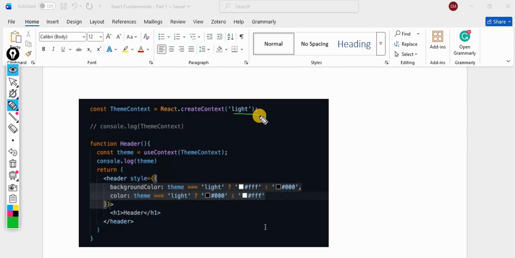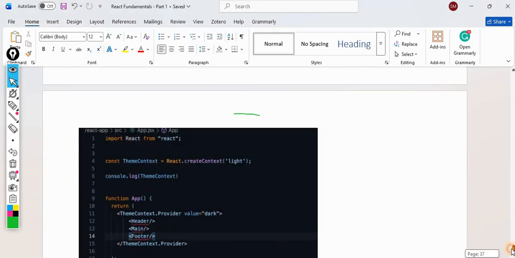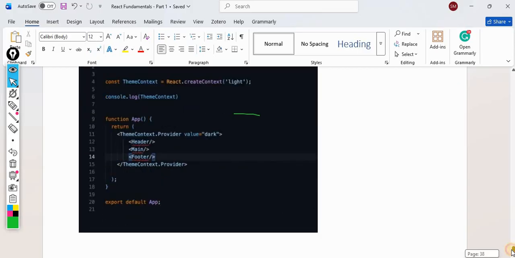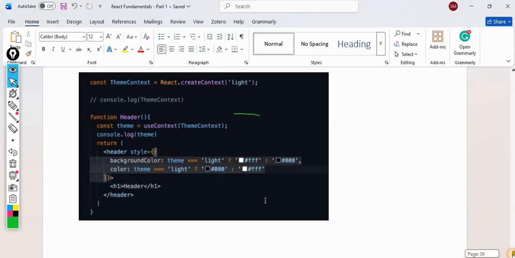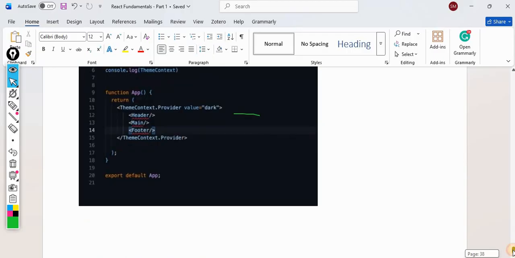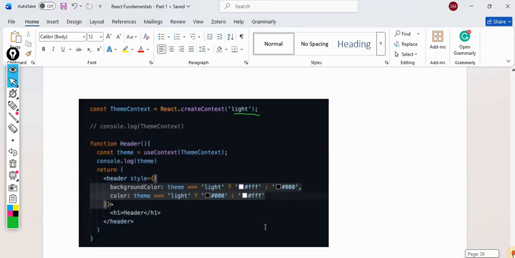Now here the component is using this context, React.createContext with light, which we have done earlier.